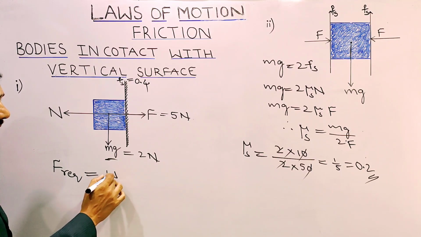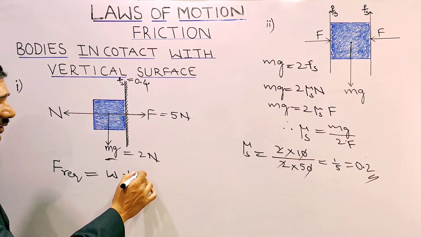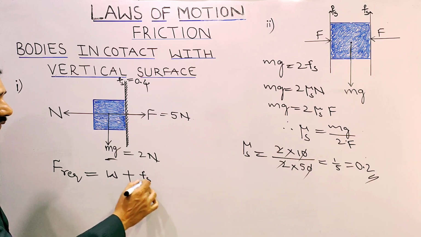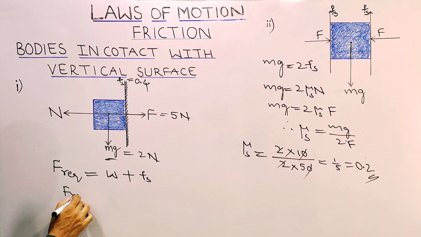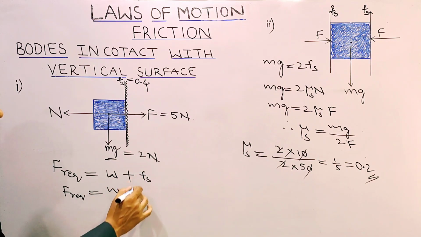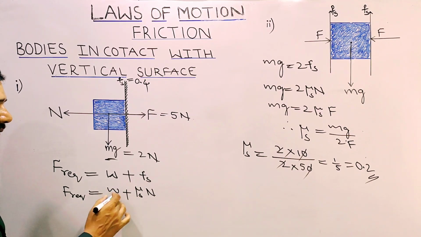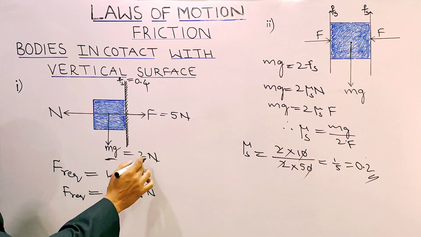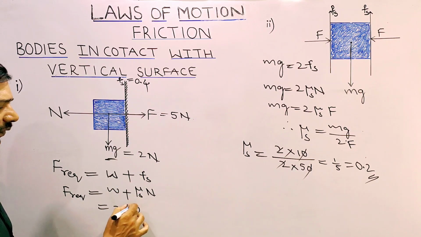The weight of the body plus the frictional force Fs we can take. So here the required force is equal to W plus Fs, which is what? W plus mu s into N. So substitute the values. W is how much? The weight is given 2 newtons, plus mu s is how much? 0.4